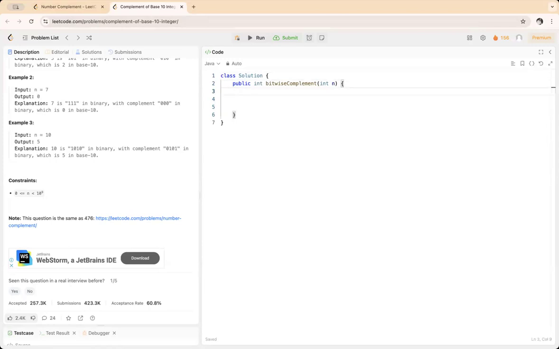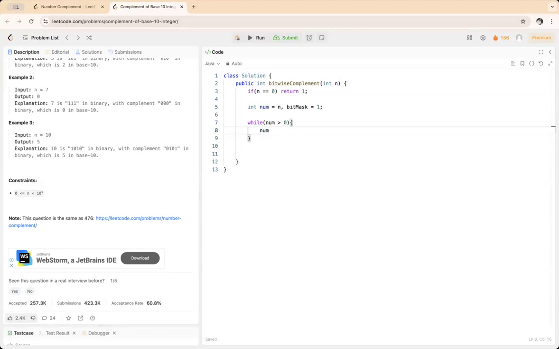If n is equal to 0, then we have to return 1. And then next thing is, again, we'll be taking the copy of this number. So this time we'll be using the number n, and bit mask is already equal to 1. And then the same logic we had used earlier: while num is greater than 0,